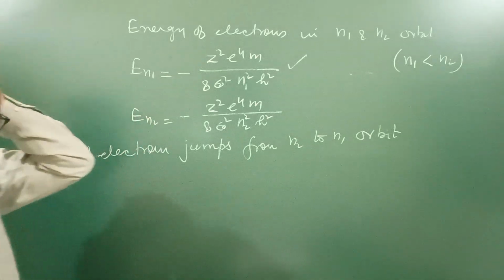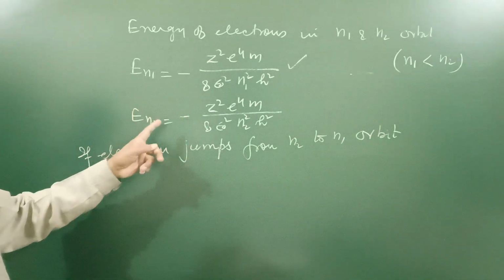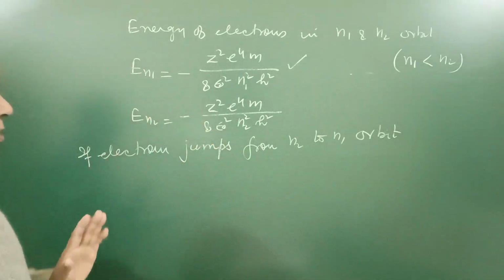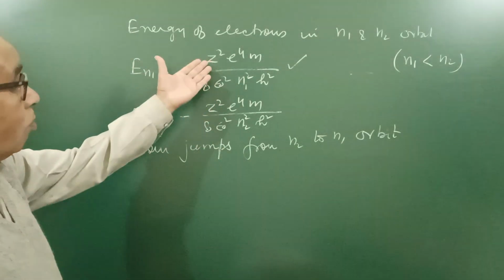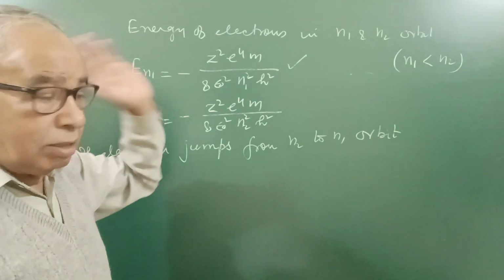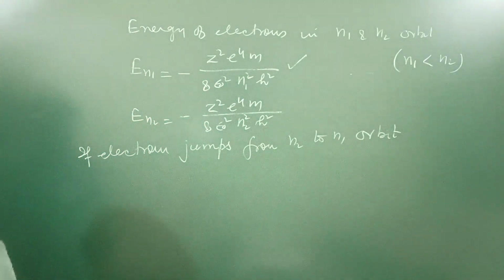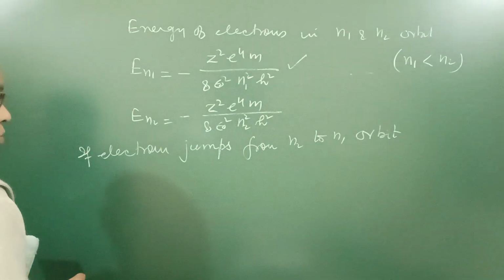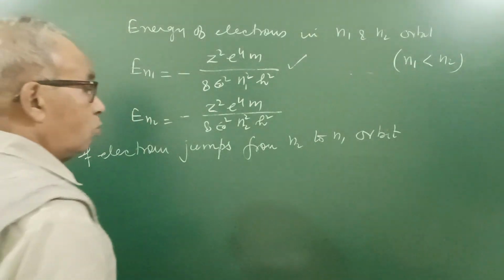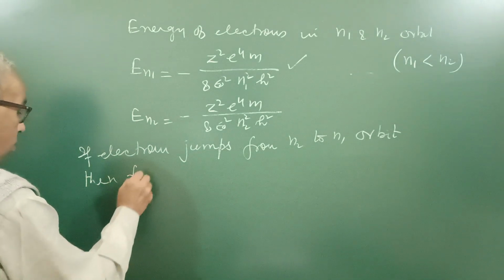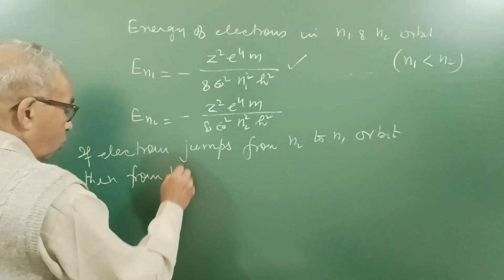Dear student, I am telling you, if the electron is present in this orbit, the energy is this. If in the other, the energy is this. The electron may be here or here. So, if the electron jumps from one orbit to another, then from the third postulate,